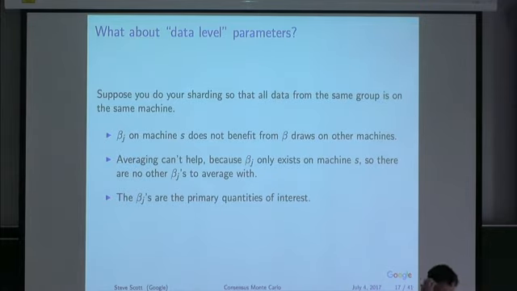If you think about this model, we're not going to be able to average across machines to get those coefficient level distributions, because there's no data for advertiser 2,374 on this machine. There's only one machine that has all the data for that advertiser. So there are no beta j's to average across the different machines. The reason we did hierarchical modeling in the first place was to pool information across advertisers, and we're not getting that level of information pooling.